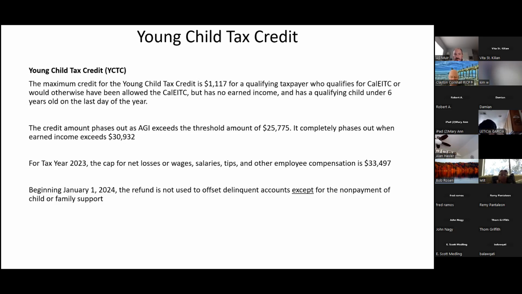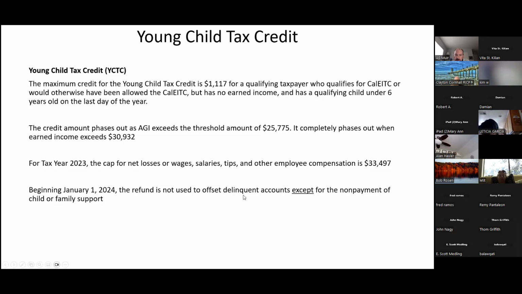You make too much money. And they're frustrated, they're not happy about it. But if they understand it and you can explain it, you can show them a document, a Franchise Tax Board document, then typically what happens, they say, okay, I got it. This is the rule that the state of California has put down. And so, okay, understood. And same thing, if you're getting a refund and it's based on this young child tax credit,